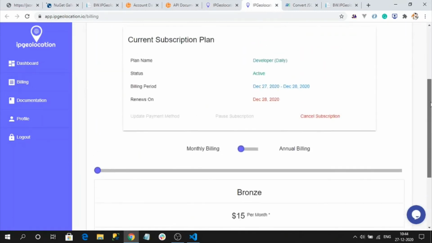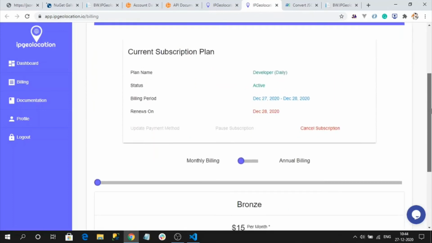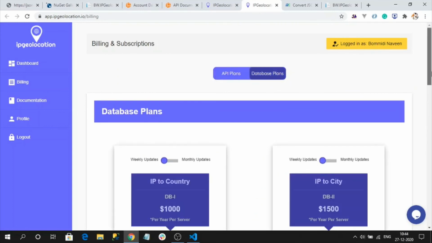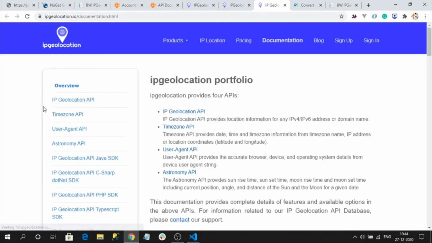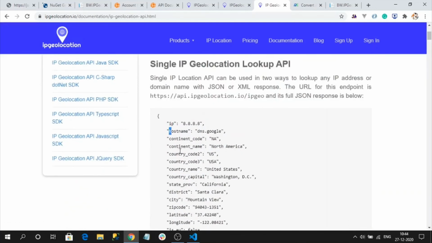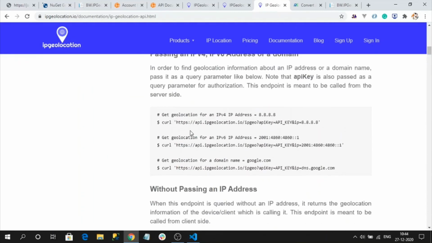Also, you will get the HTTPS domain when compared to others. Okay, it is not giving. So here you can find the billings as well. For now, I am going to the documentation for IP geolocation. So this is the payload you get. Okay, and the URL will be something like this: HTTPS IP-geo.